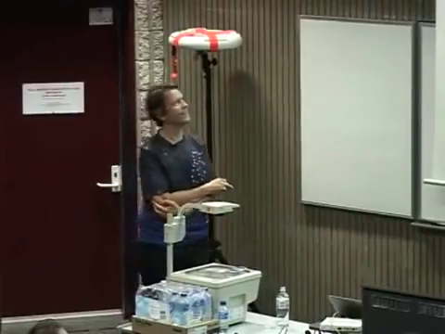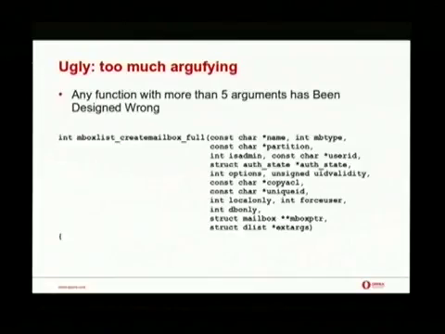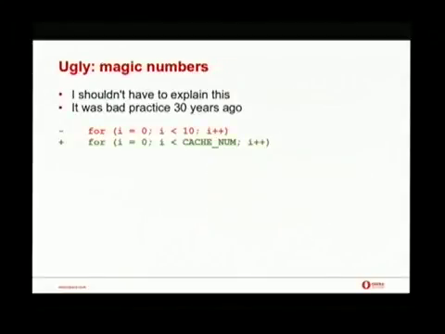Share the horror. I would posit that any function with more than 5 arguments is wrong. This one has 15, I think. Maybe somebody can count it, whatever, it's awful. We haven't got rid of this one yet. They're just hard to understand. I shouldn't have to explain it to anyone. It would look slightly better if you kept 1 argument per line.